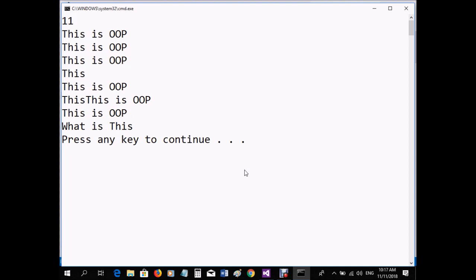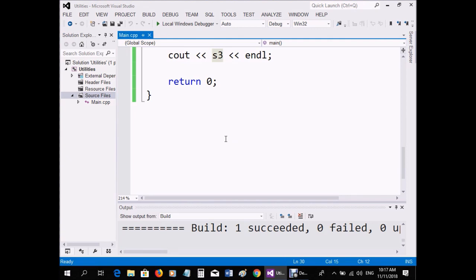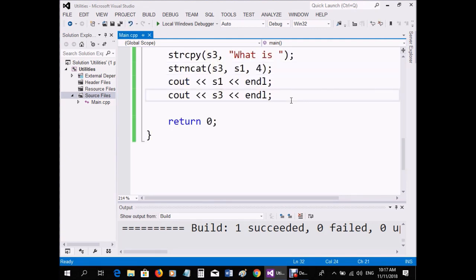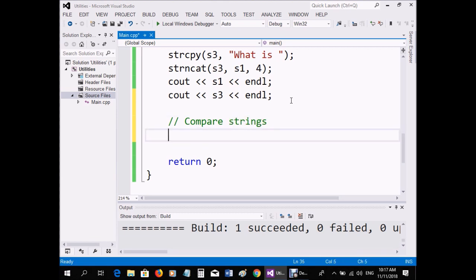So we have strlen to get the length. For copy, we have strcpy and strncpy. For concatenation, we have strcat and strncat. We have also to compare strings. To compare strings, now I can say, for example, if